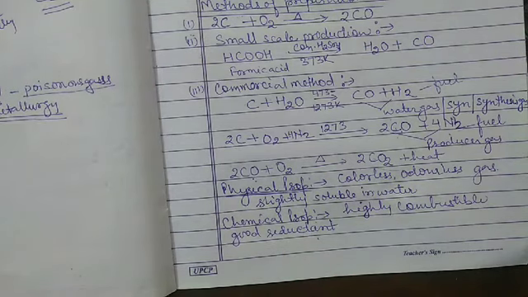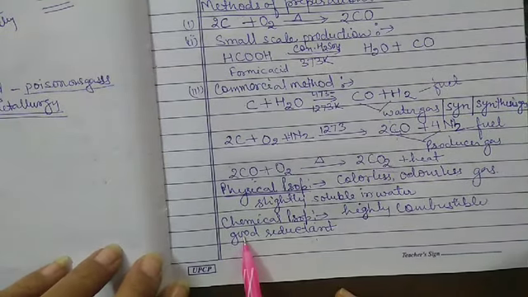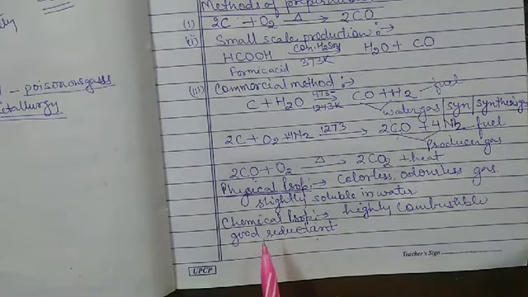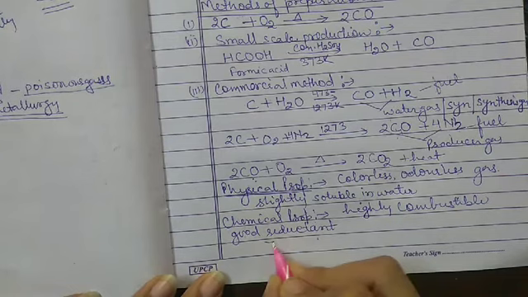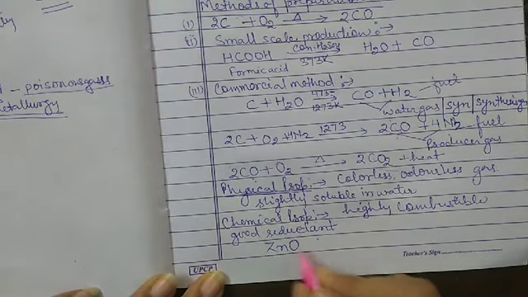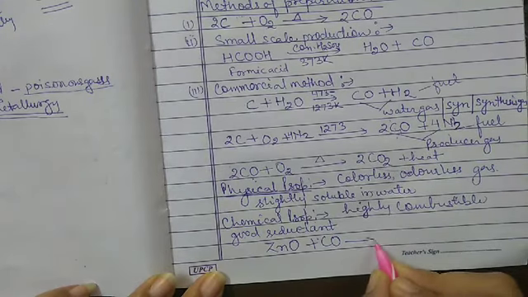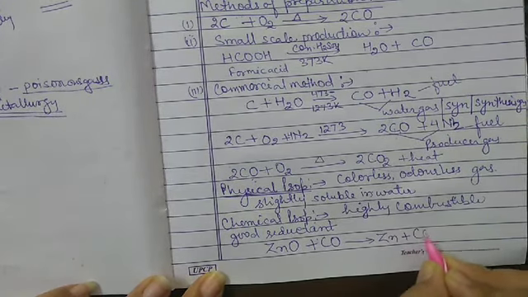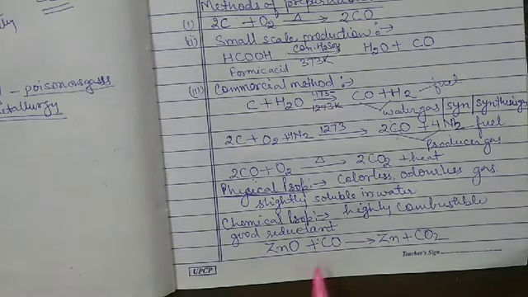Actually this topic is also useful for your class 12th. Now the carbon monoxide reduces the metal oxide into the crude metal. For example, the metal oxide of zinc, when it is treated with the carbon monoxide, we get Zn plus CO2. So here the metal oxide, that is zinc oxide, is easily converted into the pure metal or the crude metal. So this is the important chemical property of the carbon monoxide.